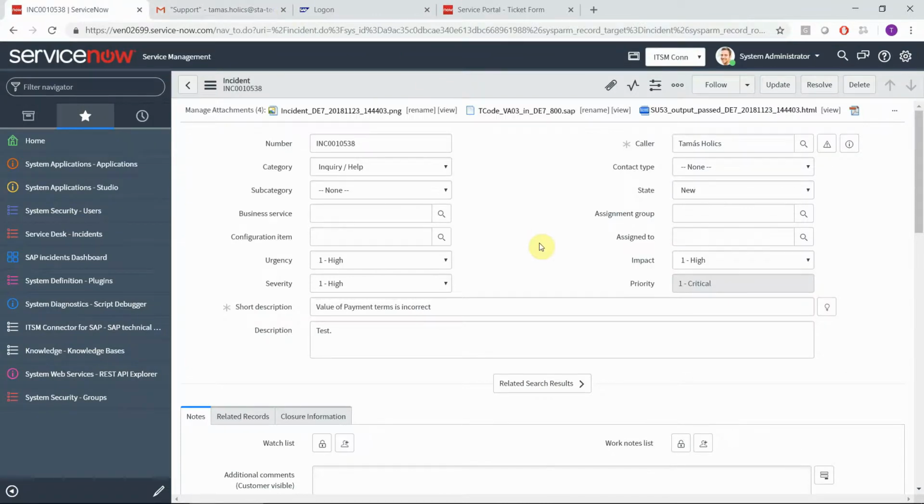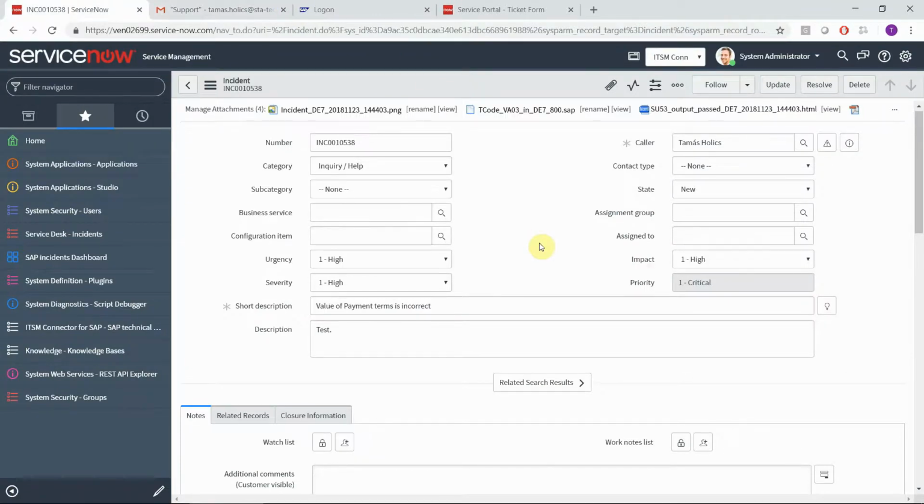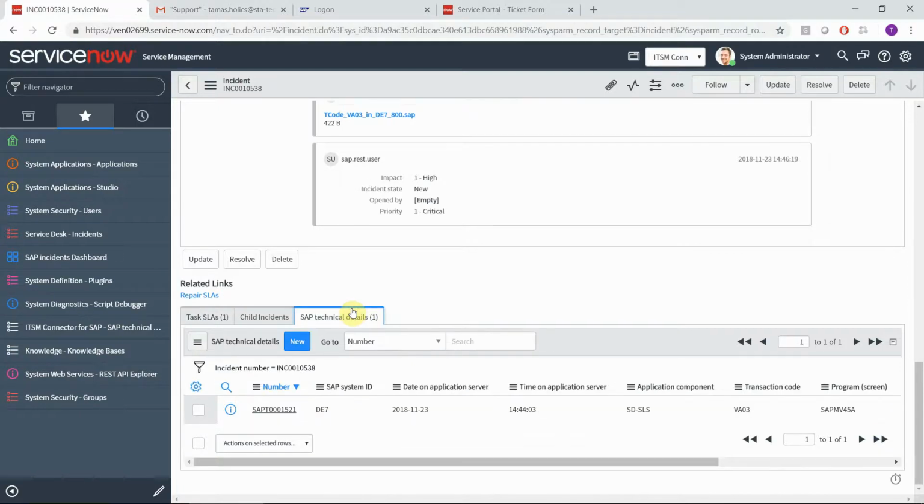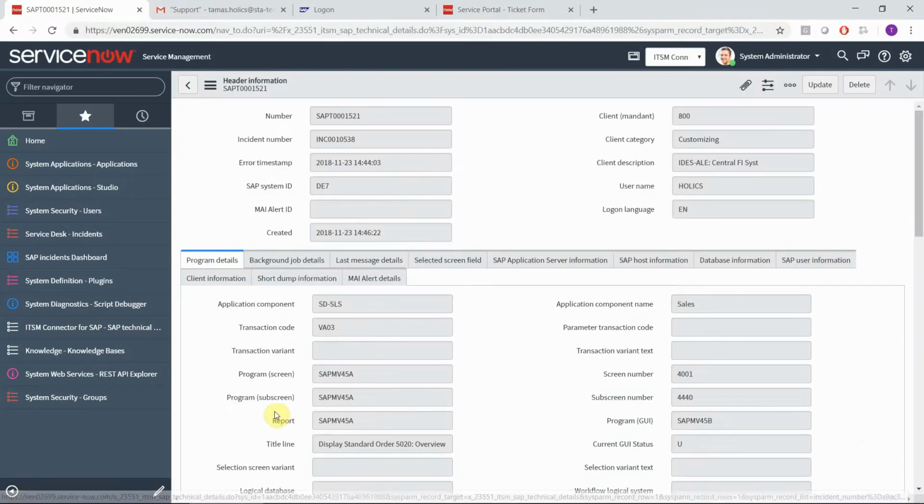Alright, so let's jump to the next interesting thing, which is down here below. You remember we have an optional ServiceNow add-on, which is, by the way, certified by ServiceNow, and if you install that on your ServiceNow instance, then you will have one extra tab here, SAP Technical Details. If you click on that, you can see one record, which shows you the system ID, date and time, transaction code, and the most important things here. However, if you click on that, then you get all information which was in the PDF file